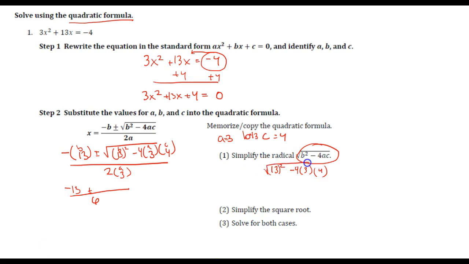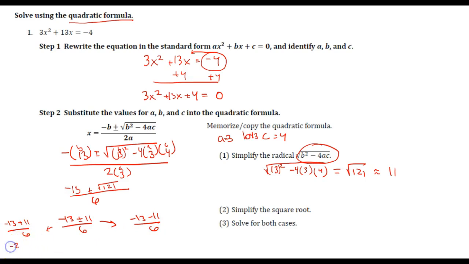So if we work this out, we find that this is actually 121. And from our perfect squares, we actually know that 121 is 11. So that would be negative 13 plus or minus 11 over 6. So I can actually work this out into two solutions, either negative 13 plus 11 over 6 or negative 13 minus 11 over 6. Take some time to work out each one of these,